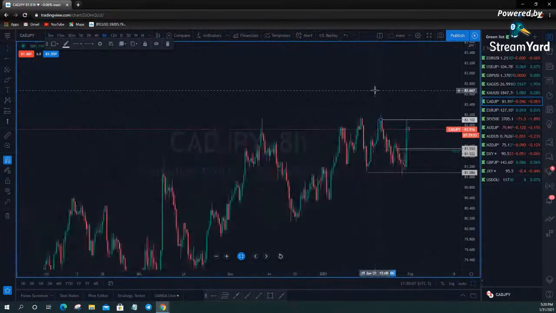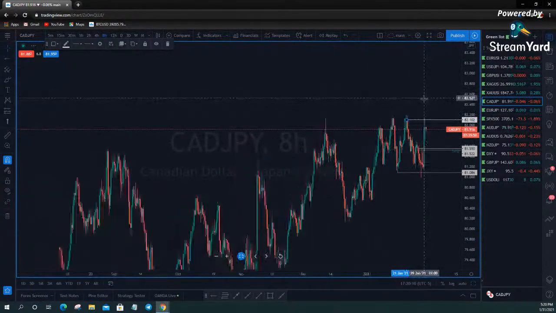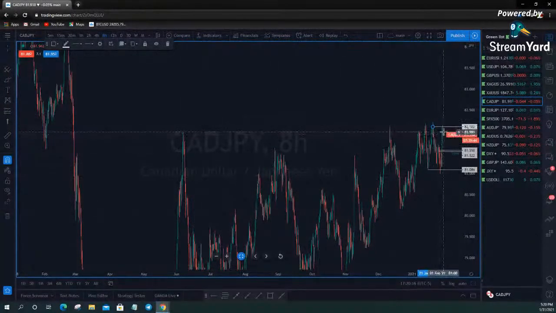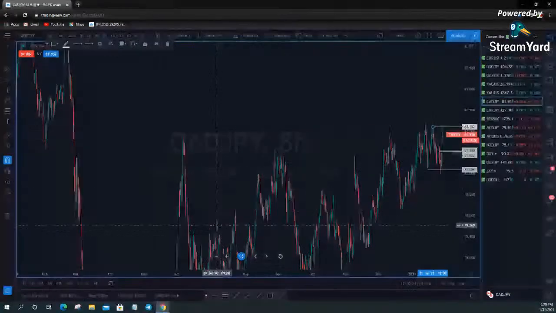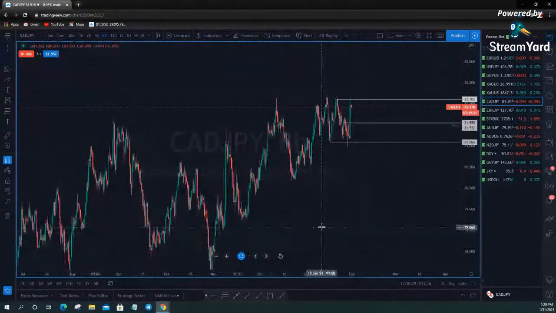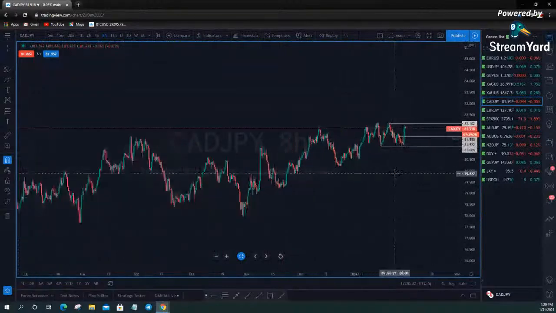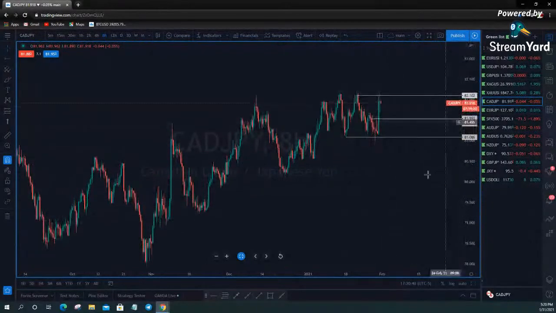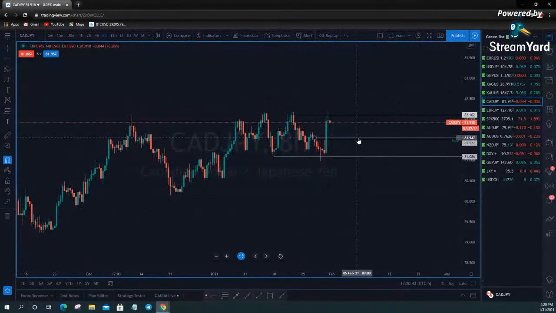If we do get a breakout of this area, that is going to probably run pretty good, because you can see we haven't traded up in these areas since this last high put in after the liquidity crisis. And it has been going up on the underneath side. So it looks to me like the bulls are absolutely trying to break this thing out, and sellers are basically losing their steam when they come anywhere in this area. They just don't have what it takes to push it lower, which is why I'm leaning more to the bullish side on CAD Yen. Also, with the yen weakness, I'm looking for, we'll see what happens.